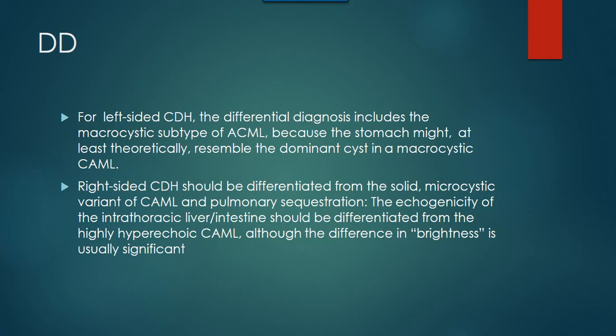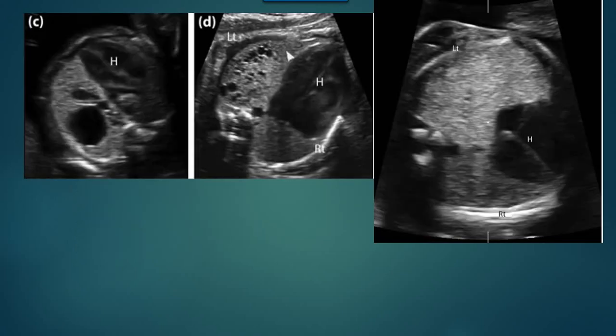The echogenicity of the intrathoracic liver and intestine should be differentiated from the highly hyperechoic congenital cystic adenomatoid malformation, although the difference in brightness is usually significant. Here is an example of left-sided diaphragmatic hernias. With the macrocystic, this is an example of CCAM. You will see the macrocystic variant with a dominant cyst right here, and here is the microcystic type, which resembles to some extent the liver, but an important sign to differentiate also includes the presence of hepatic veins on colored